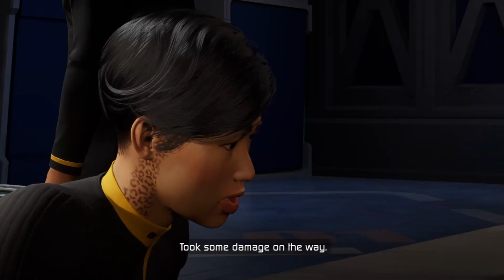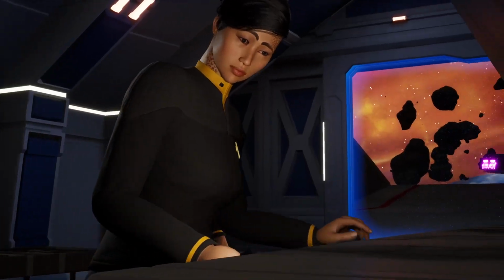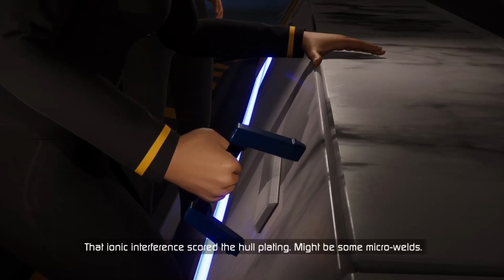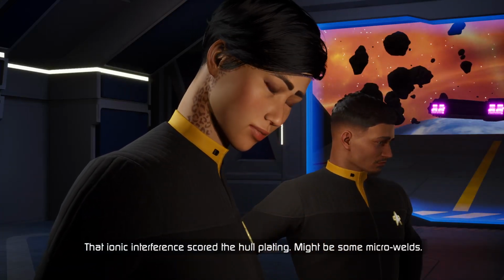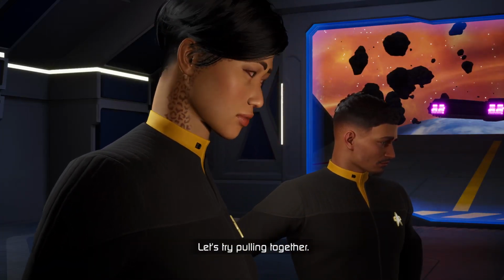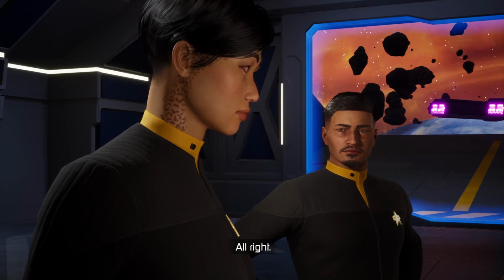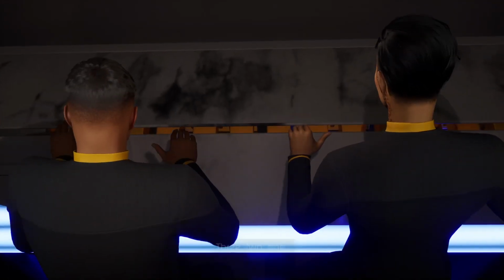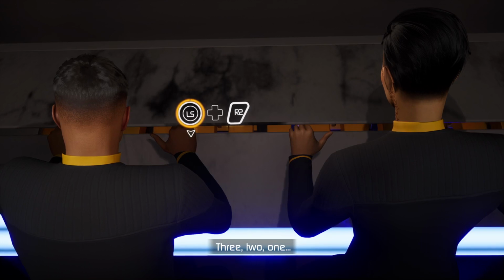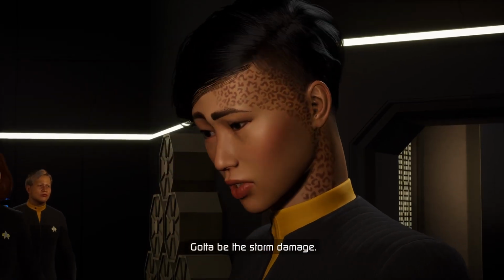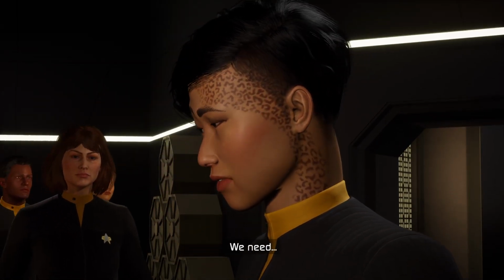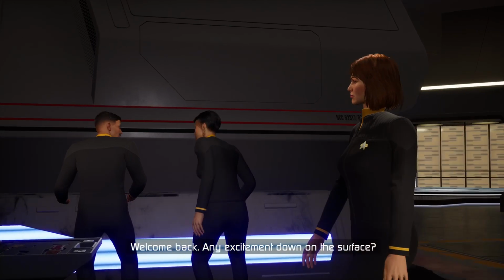Looks like some damage on the way. That ionic interference scored the hull plating. Might be some micro-fractures. Let's try pulling together. All right. 3, 2, 1. It won't budge. Gotta be storm damage. We need to...